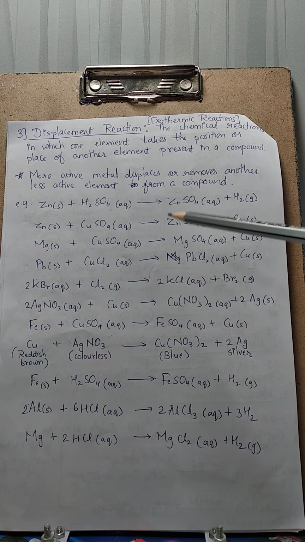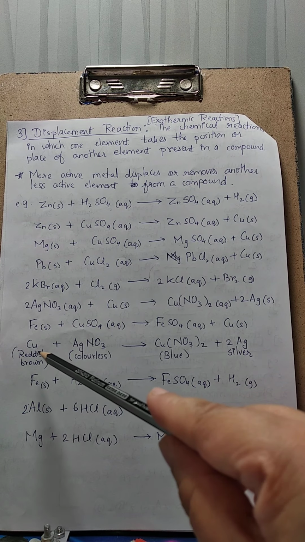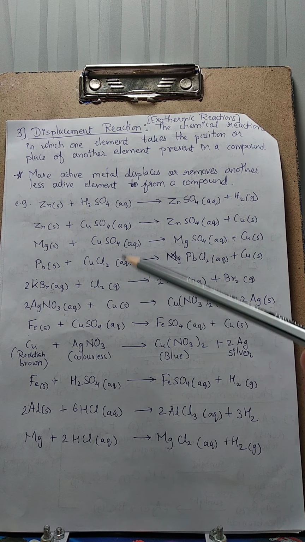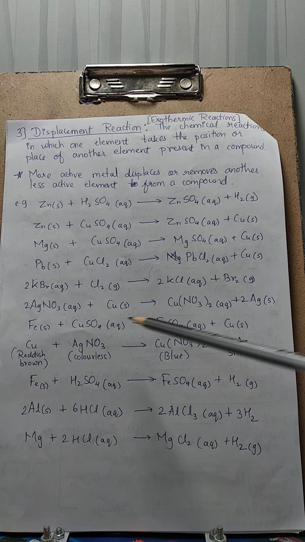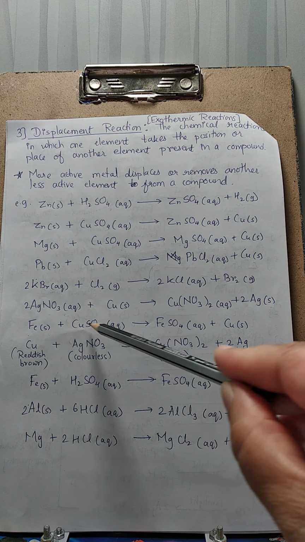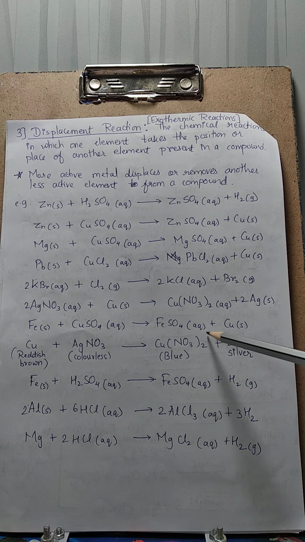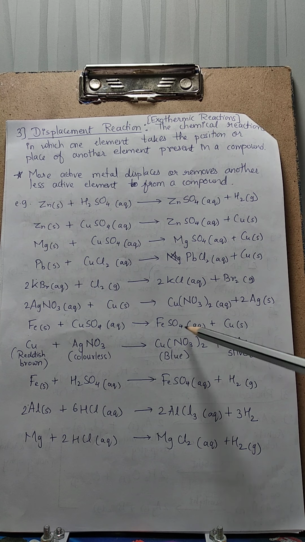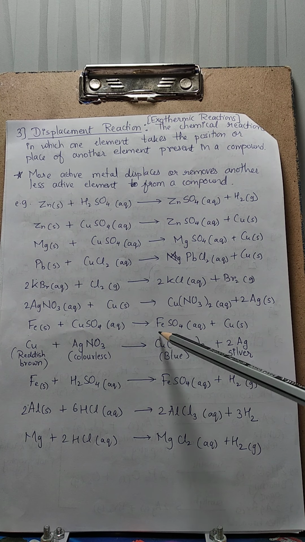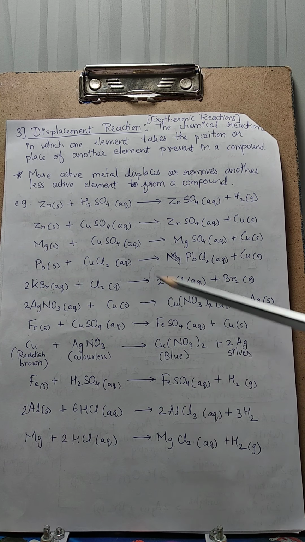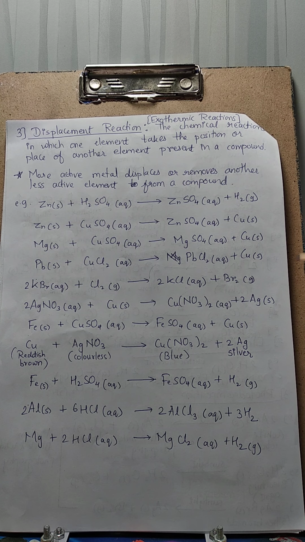One more thing we have written over here, which one is the reaction? Yes, this one. Iron plus copper sulfate gives iron sulfate plus copper. Is the reverse reaction possible? Iron sulfate plus copper on the reactant side. So there will be no reaction. Why is there no reaction? Because